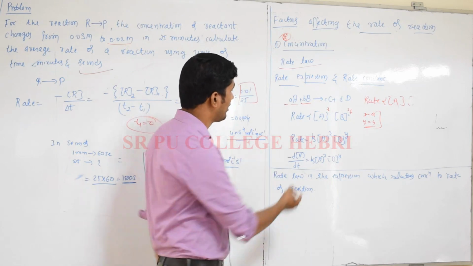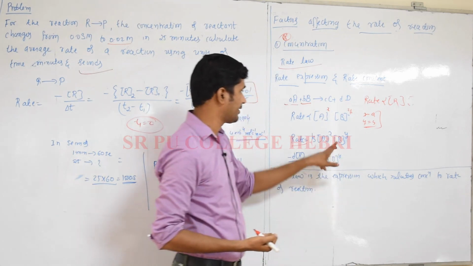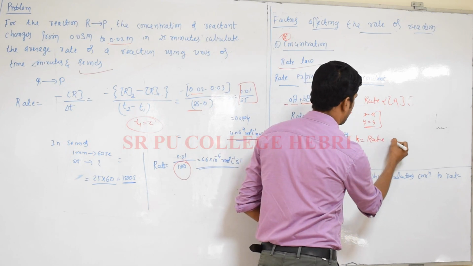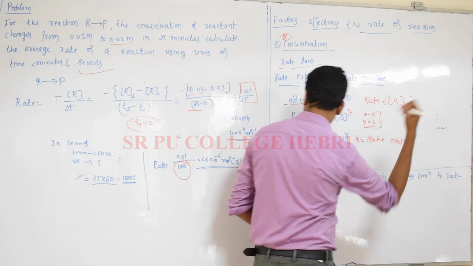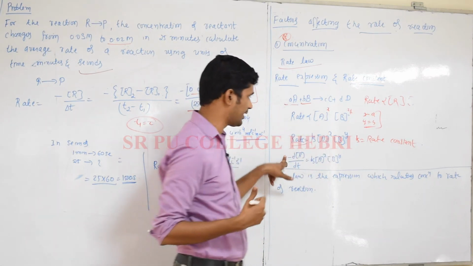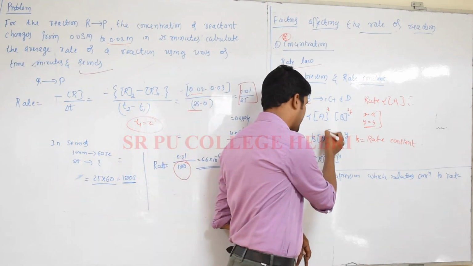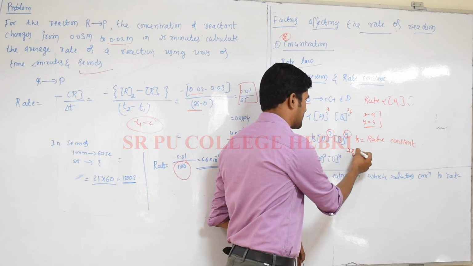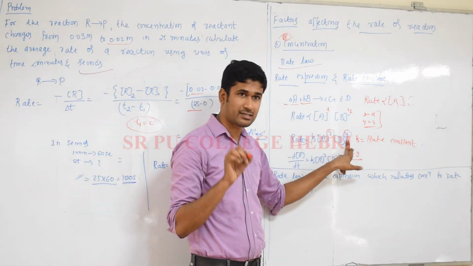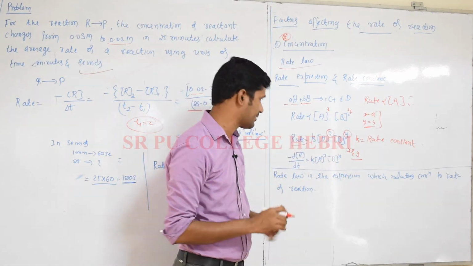Understood? Now, in order to remove this proportionality, we have to put a constant. Rate is equal to k into [A] to the power x into [B] to the power y. What is this k? k is known as the rate constant. Now I can write this rate as minus d[R]/dt, same as you know, is equal to k into [A] to the power x into [B] to the power y. In order to determine x and y, we have to perform some experiments. Understood? By changing the concentration of A and B, and by fixing the concentration of any one of the reactants, you can determine the value of x. About this we can discuss in our next class.